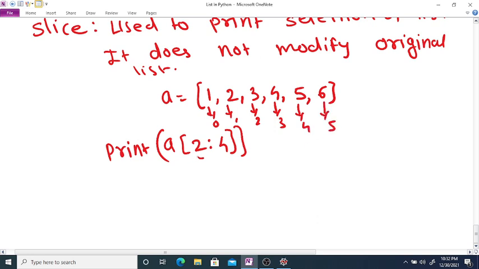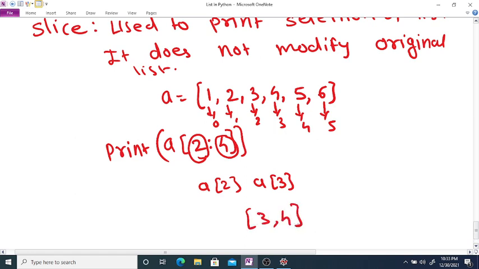Here the index 2 is inclusive, but 4 is exclusive. That is, it prints A2 and A3 only. So it prints 3 and 4 only.